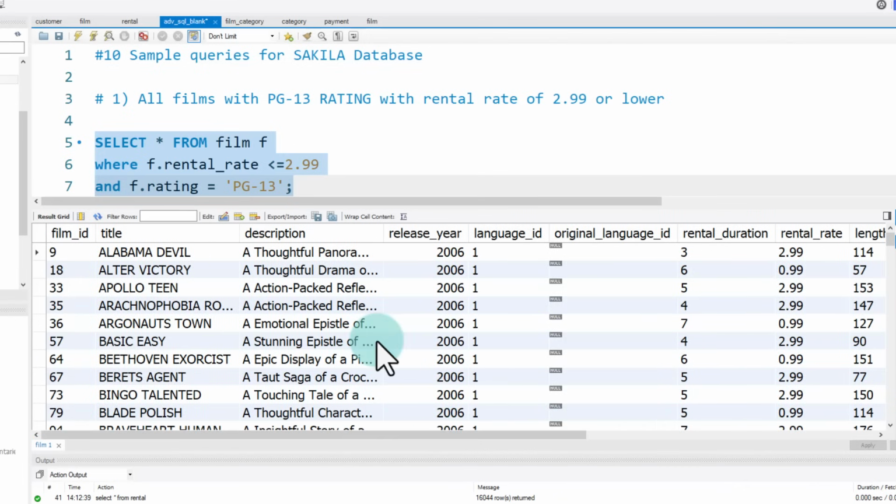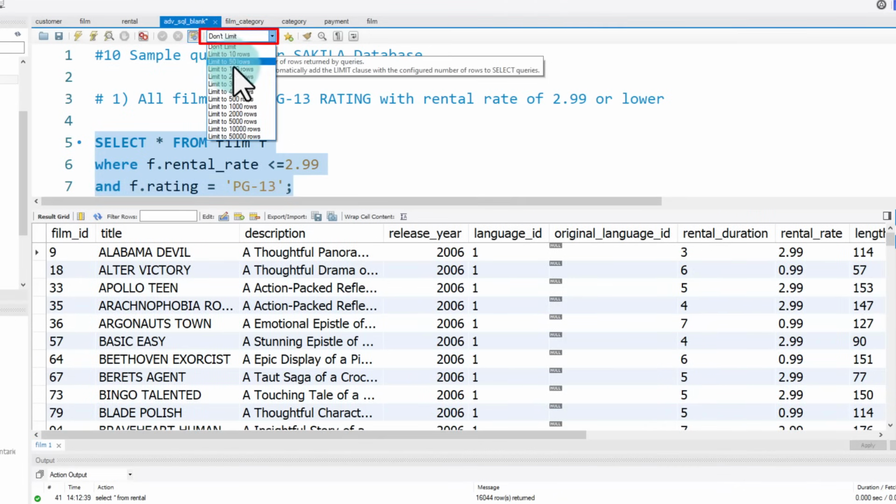Every time you run a query, if you say there is no limit, here you can say don't limit, or you can also limit to 10 rows, 50 rows, like that. Normally when you are practicing SQL, it doesn't really matter, and you can set a limit of 500 or something so the queries can run fast. But if you're running it against a large database, then I highly recommend setting the limit so that you're not